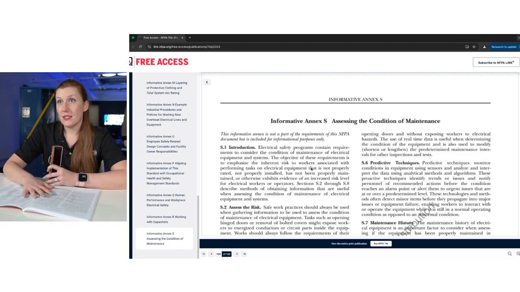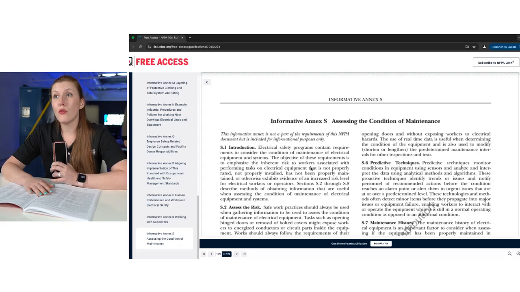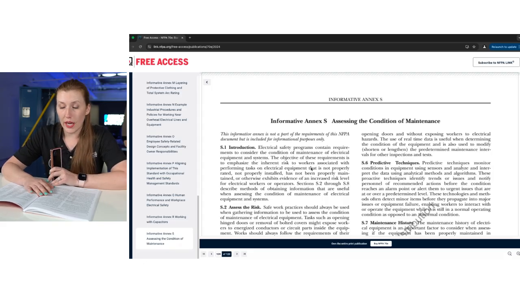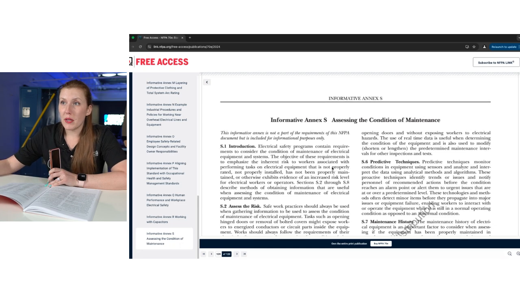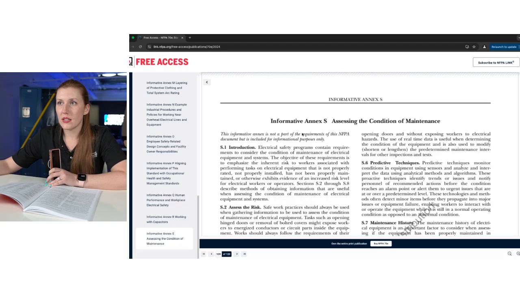Now, again, it's an informative annex, so it's not necessarily enforceable, it's just very helpful supporting material, okay? Informational purposes only. And it does point to the NFPA 70B for those who are getting up to speed and creating their maintenance plan according to the 70B, which implies that you're also following the manufacturer's requirements. Then great, you don't have to necessarily go into this detail.